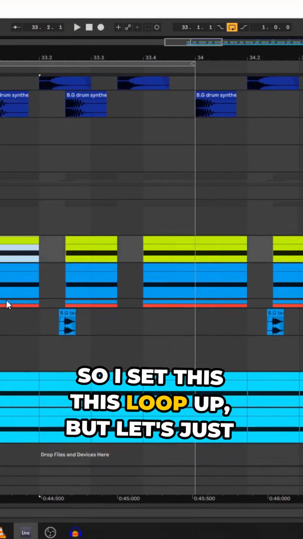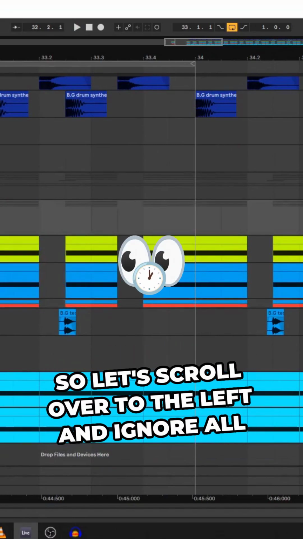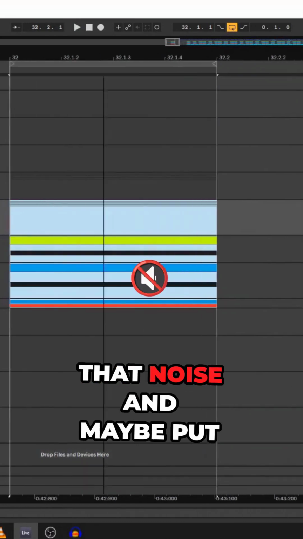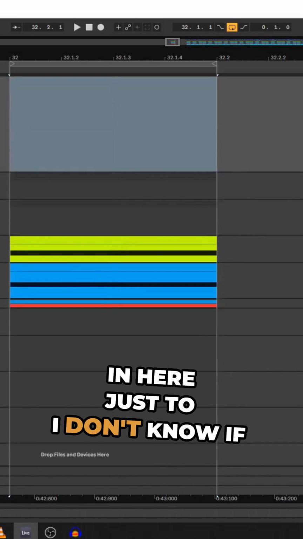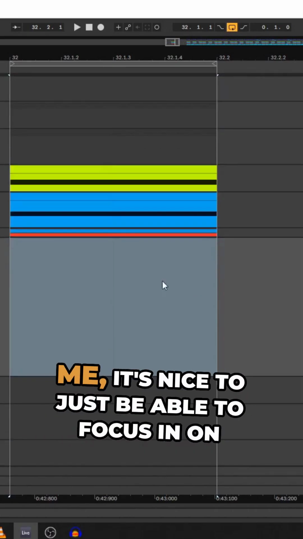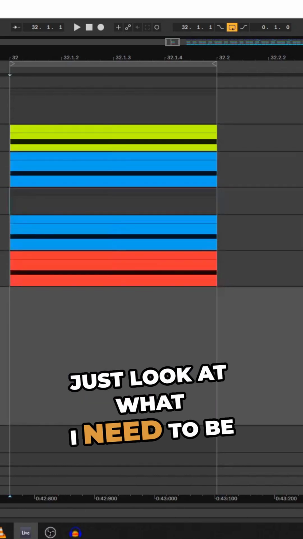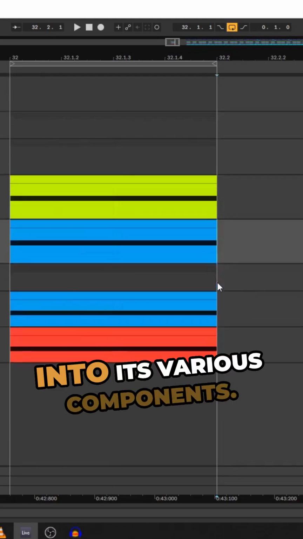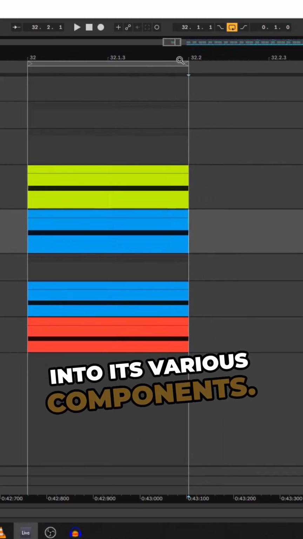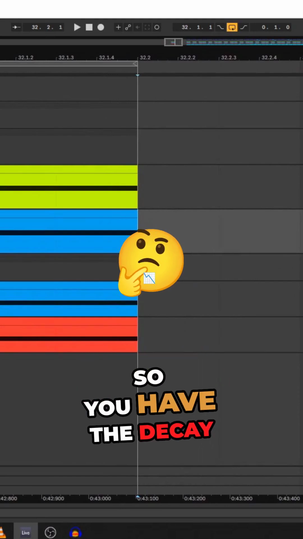So I set this loop up, but let's focus in on one thing at a time here. Let's scroll over to the left and ignore all that noise, and maybe put some space in here. I don't know if this actually helps anyone else, but for me, it's nice to just be able to focus on what I need to be looking at. Cool. So then I break down the hat into its various components. In this case, I think of them as two different parts. So you have the decay,